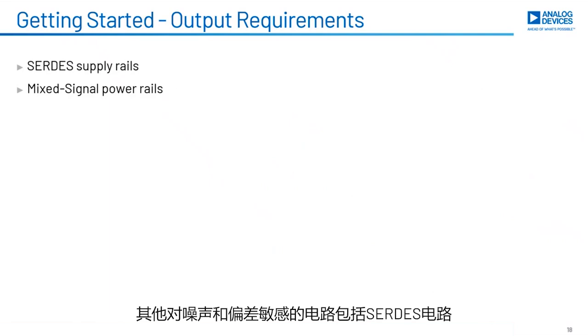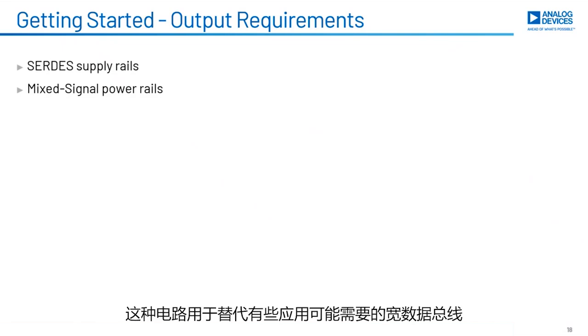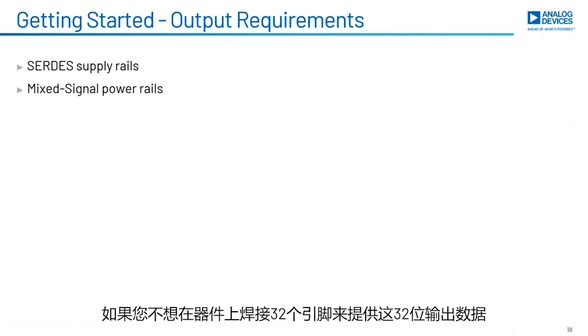Some other circuits that are sensitive to noise and deviations are things like SerDes circuits. SerDes stands for serializer, deserializer. These are circuits that are used to eliminate the wide data bus that might be required. So you have a CPU, it has a 32-bit data bus internally on the chip. And if you don't want to burn 32 pins on the device to provide those 32 bits of output data,